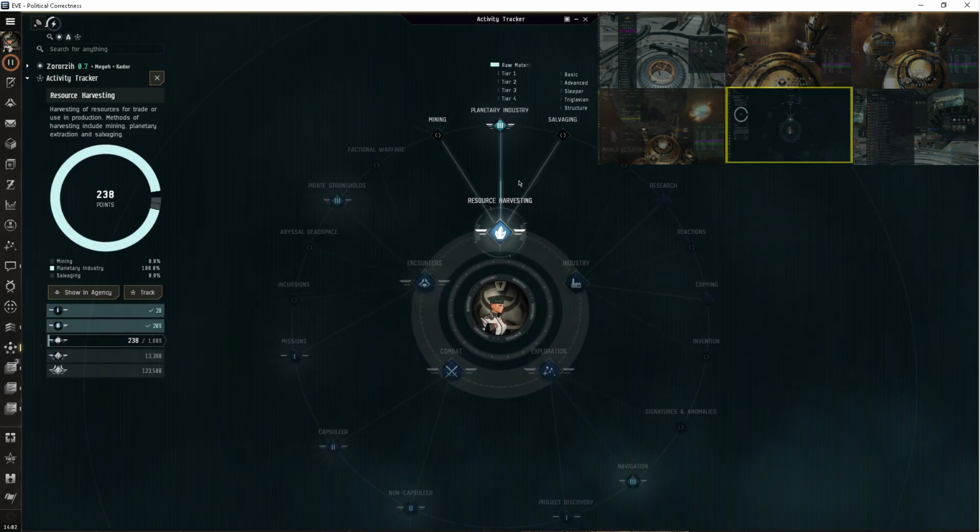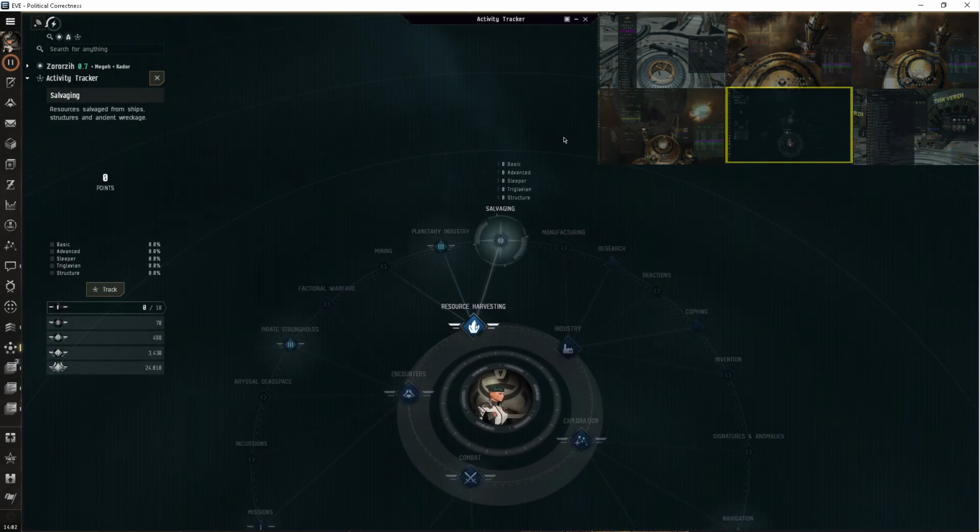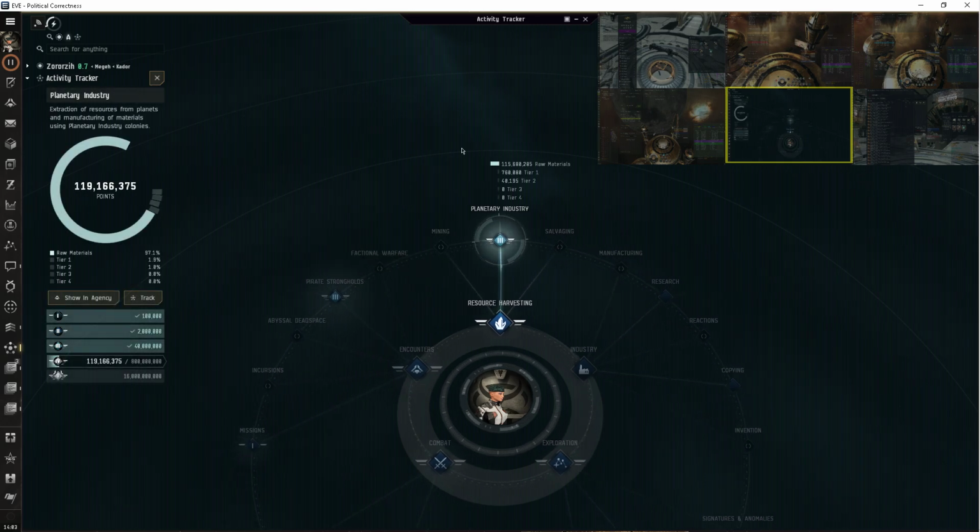Resource harvesting. There is a corporation out there who specialize in salvaging other people's missions. I think it's Synergy or something. They've been around forever. A while ago, CCP nerfed salvaging. It hurt that corporation really bad. I forget what they did. But yeah. But thankfully, yeah. Anyways,